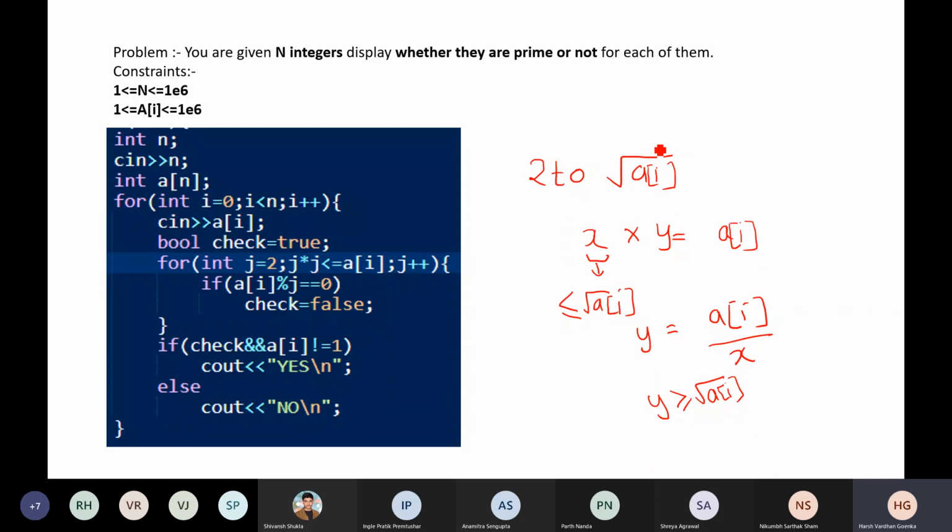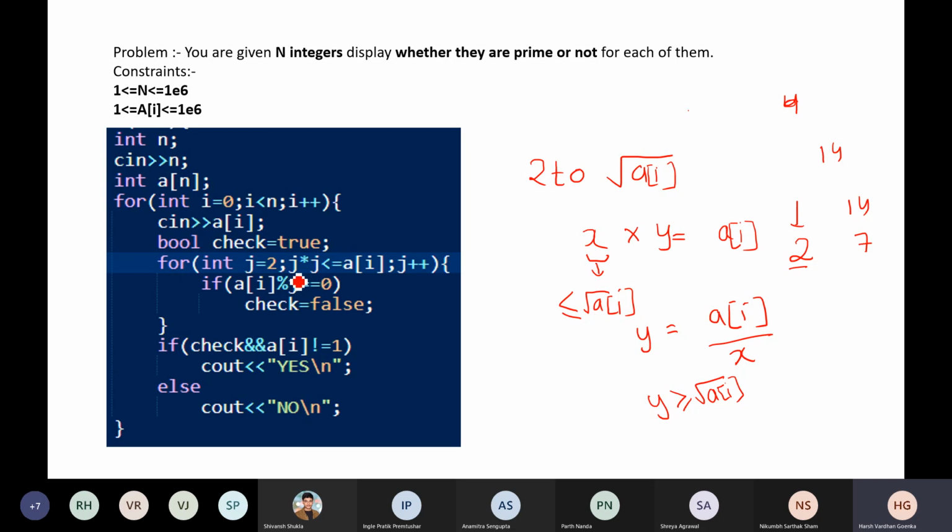To understand it better, let's take a number, say 14. For the factor 14, which is greater than root ai, there exists a complementary factor less than or equal to root, that is 1. Then another factor is 7, and for that there exists another x, that is 2. So we know that for every factor greater than or equal to root ai, there is a factor less than or equal to root ai, that is 2. So we just need to iterate from 2 to root ai and check if there is a factor of the number or not.